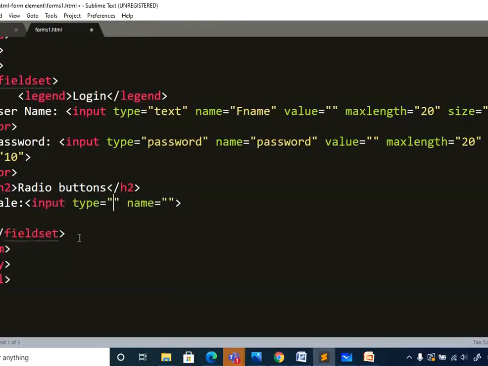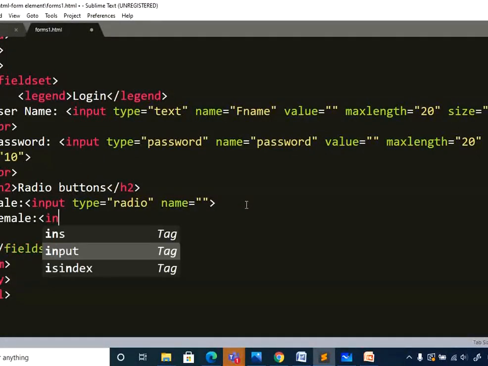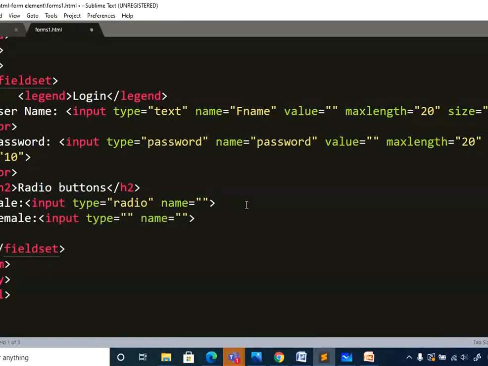Select it and you will get the type. In the type, specify radio. This is for specifying the gender I have taken. If the syntax is correct, immediately you will get that pop-up drop-down list where you can select the correct value.